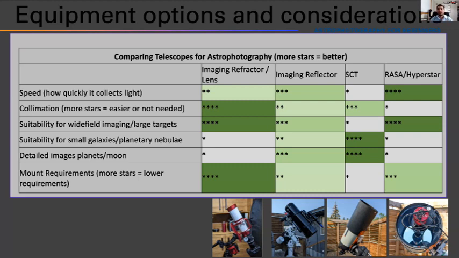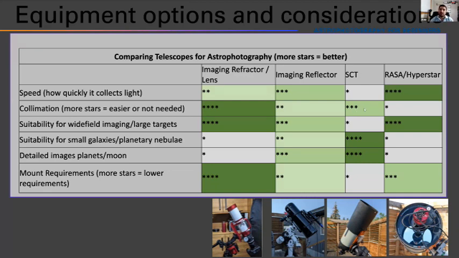Apologies for that. So in terms of collimation, the collimation has to be very exact. Imaging Newtonian reflectors do have to be collimated very well, but collimating them is not particularly hard. You can use a Cheshire or a laser collimator as long as the laser collimator is collimated properly, which I've made videos on in the past, and it's fairly easy to do. So collimating a Newtonian reflector is one of the challenges, but it's not that hard to do.